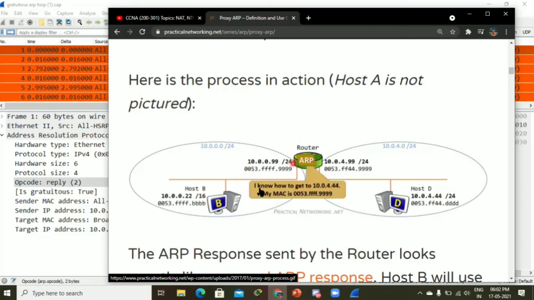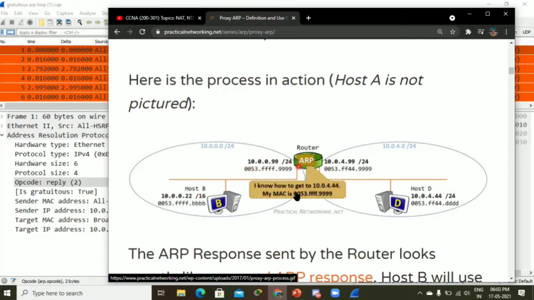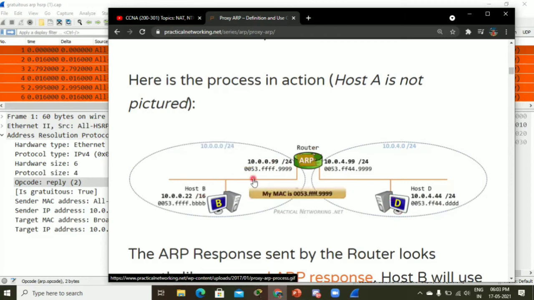Here you can see I know how to get to 10.0.4.4, and the MAC address the router is sending is 0053.FFFF.9999. So on behalf of this original receiver, the router is answering the ARP request.